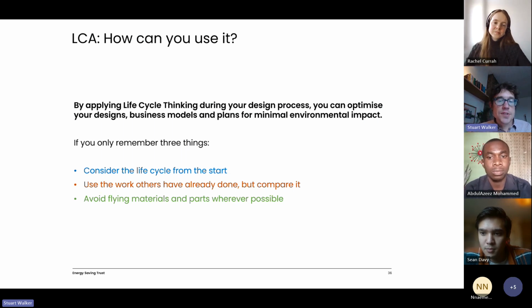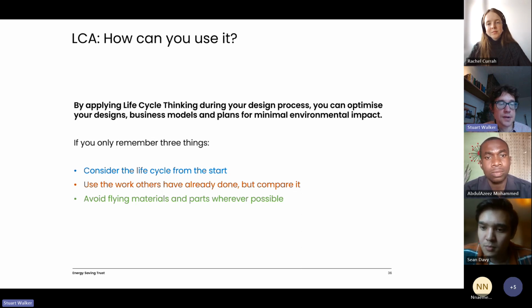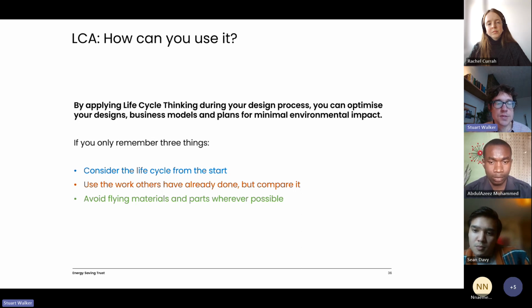design challenge. I think applying life cycle thinking is probably the key. So try, as early as you can in the design process, to keep in mind those things we talked about in the life cycle thinking: the whole product at the beginning, how it's going to be used, how it will be disposed of, where you're going to get those materials from, and whether you need to use certain materials or whether other more circular or more sustainable materials could be used.